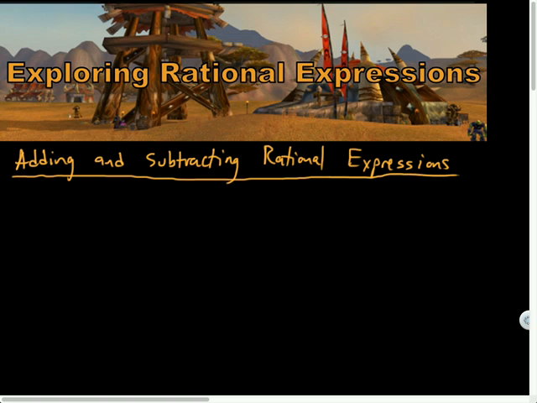Today we are talking about adding and subtracting rational expressions. We've done a little bit of work talking about just the concept of adding and subtracting. I want to do a quick little recall. What if I wanted to add the fractions 5/12 plus